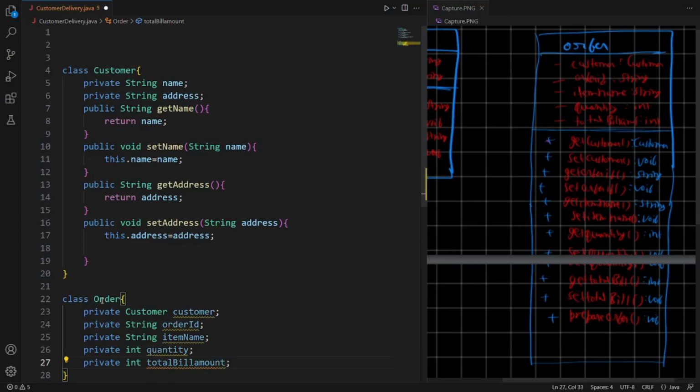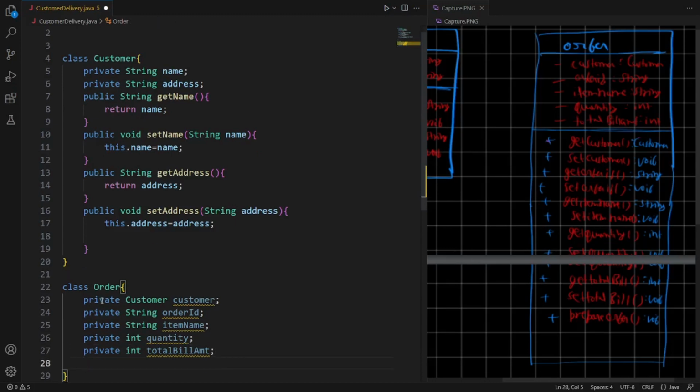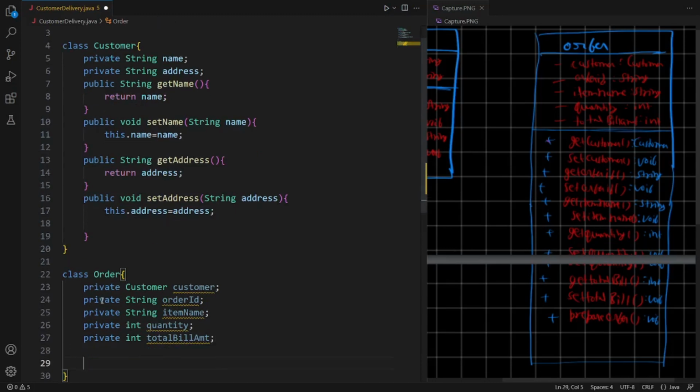It's private total bill amount. We can also write it as AMT, private bill amount, total bill amount. Okay, now again in this the member functions or the constructors that we have, no constructors,